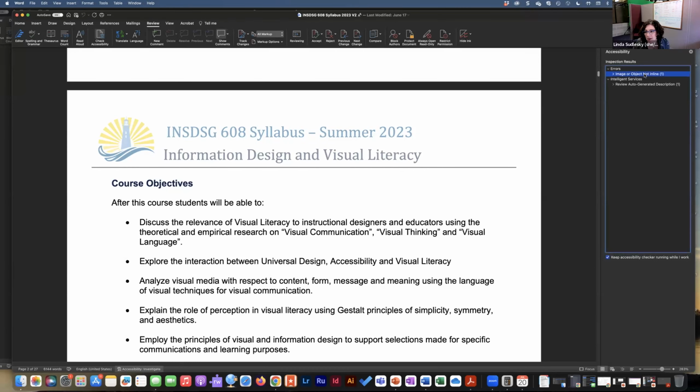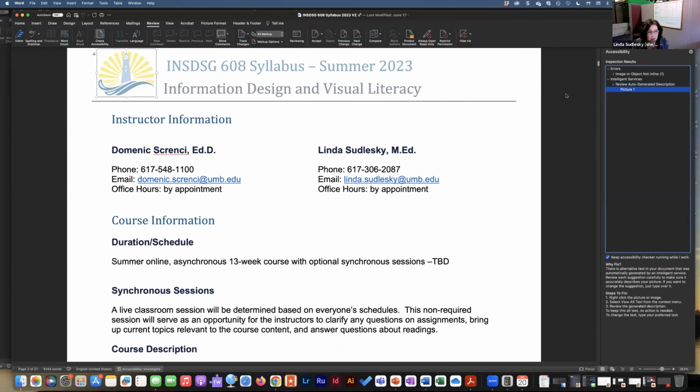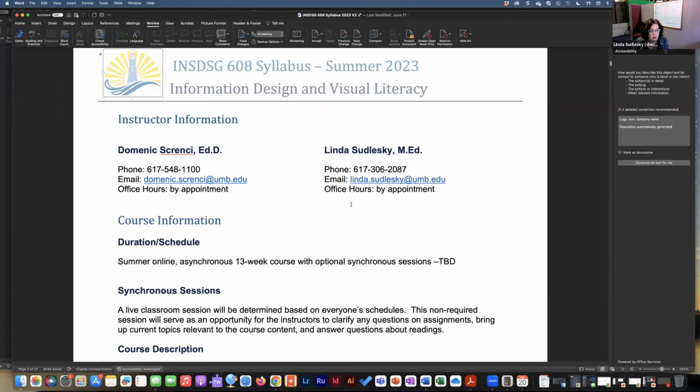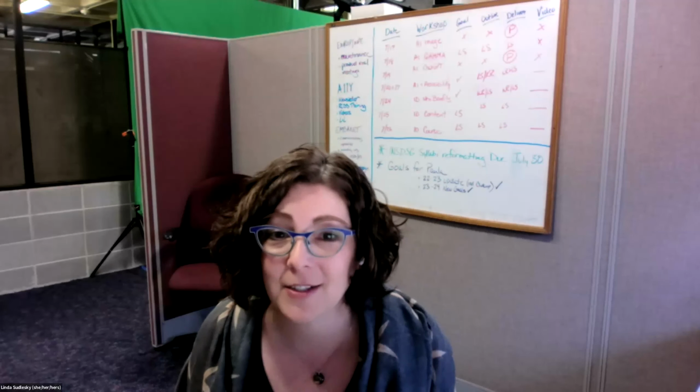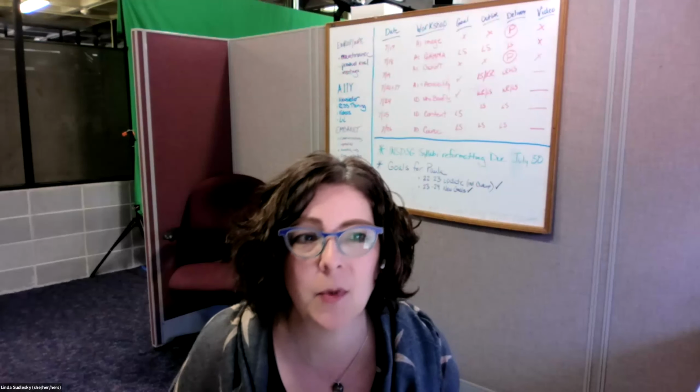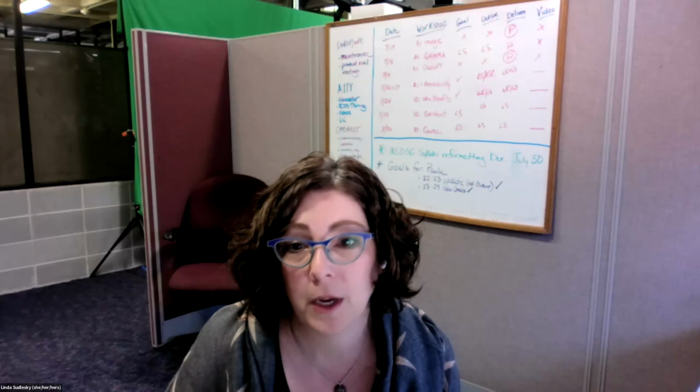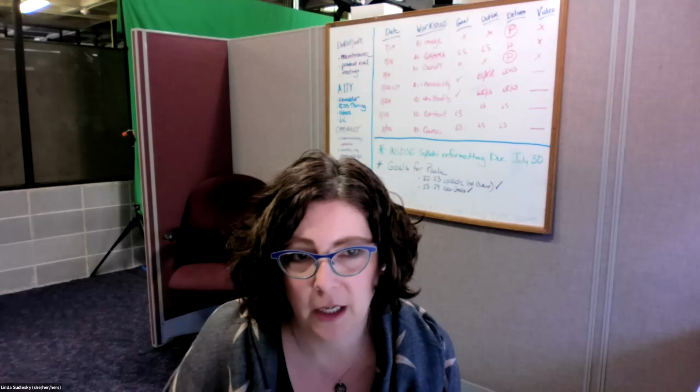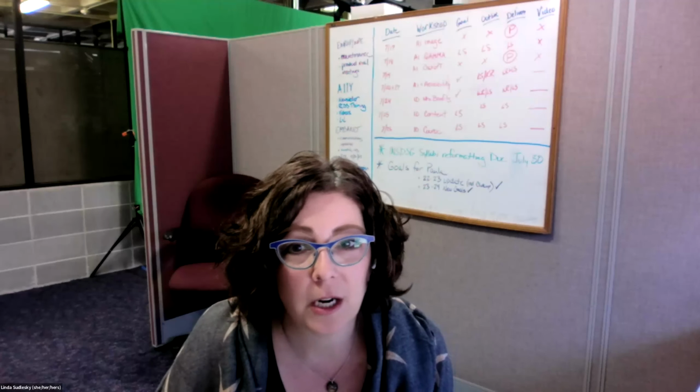So it says right here, image not in line, and review auto-generated description. Apparently somewhere I have an auto-generated description. So if I right click and go to View Alt Text, I could fix that based on the advice that the checker is giving me. We're going to go into more detail in another workshop on how to make your documents accessible step by step. But I just wanted to give you an example of what you would see when you use the accessibility checker. This accessibility checker is also